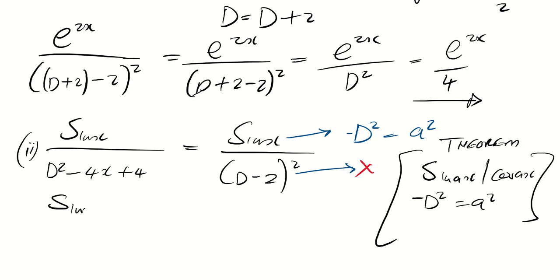So we're going to go back to sine x. You see, the reason why we cannot use this one is because we are looking for a D squared. So we're only going for D squared. So our a is equal to 1, because in front of that variable x there's nothing. So a is equal to 1. So we'll have minus 1. You see, I'm not squaring the minus. It's minus 1 in brackets, because it's minus a squared, minus 4D